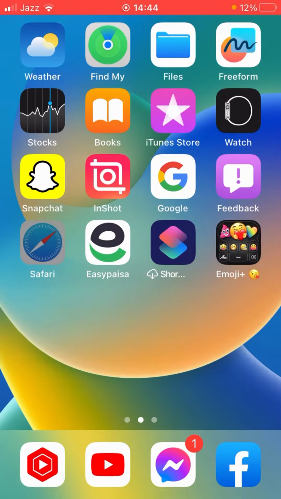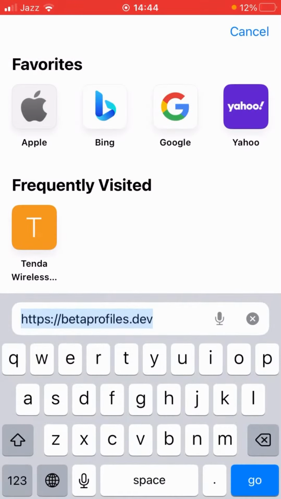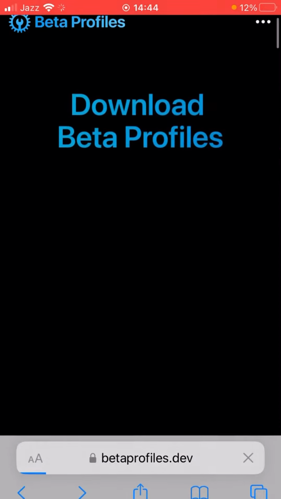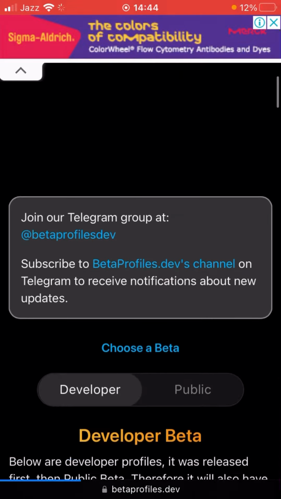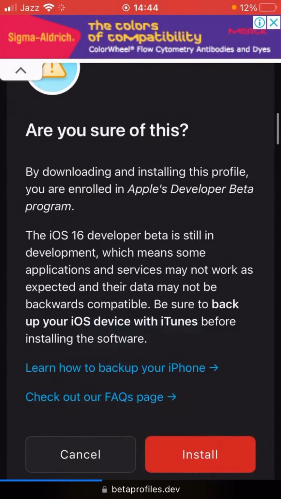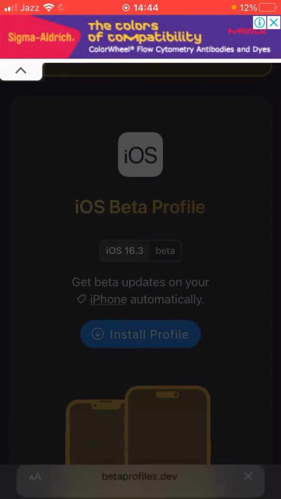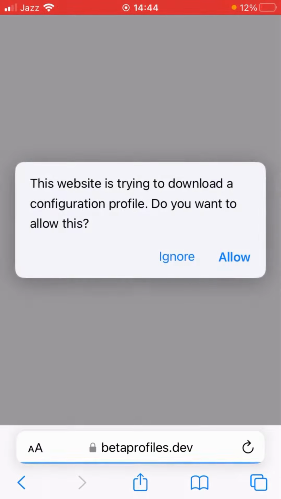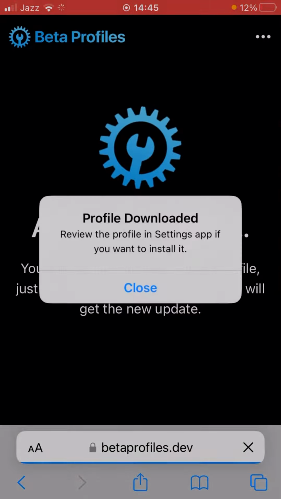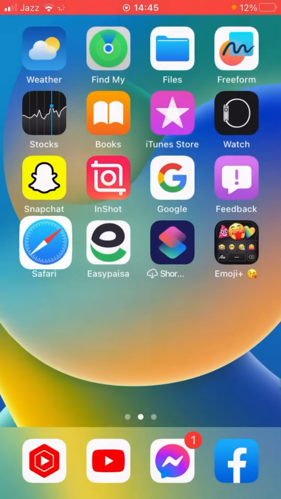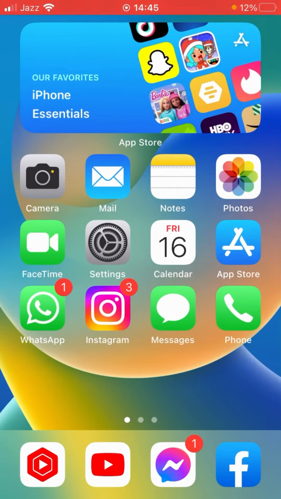First of all, open up Safari and then search for beta profile.dev and then tap on install profile, as you can see, guys, and then tap on install and then tap on allow. Tap on close it and then go back, open up settings app